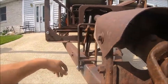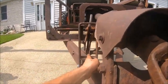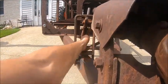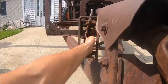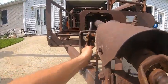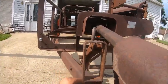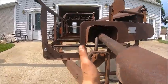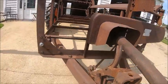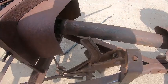But as you can see now, oh, and the other thing that tells me it's fairly decent is if you look in line with the pinhole, the hole for the bottom of the jack screw, it's right in line with this. So we're good there. But now, as you can see, the pitman arm is bent from right here out. So for now, I am just going to attempt to fix it here on the frame,